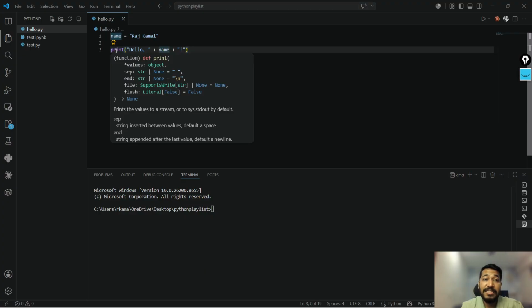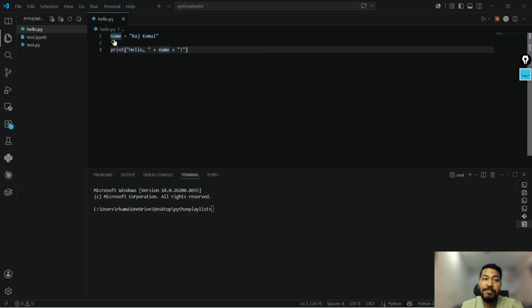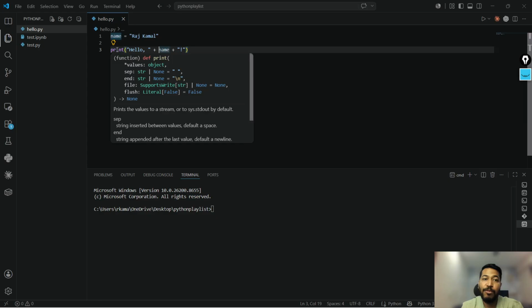Basically, it takes the object which I'm going to pass, which I have defined in the first line, which is name. This is a string object that I'm going to pass. Then a separator: print is taking a space as the separator. Then end, the end as a new line, considering it as the end of the input. And then file and flush, all those parameters have been defined as a part of the docstring